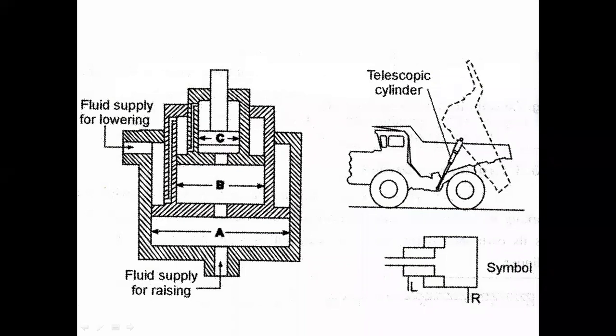Like hydraulic dump bodies, truck dump bodies, then lifting trucks or cranes, where space limitation is the most important consideration. Basically, this type of cylinder is used where we have limited space and require a large amount of stroke length. We have a space limitation but require a large stroke length.